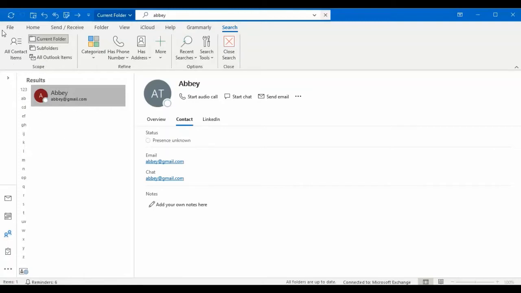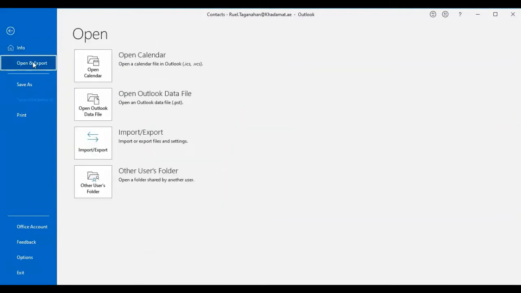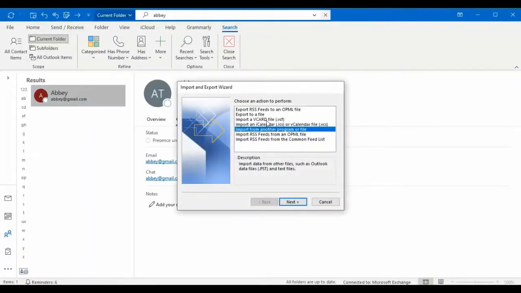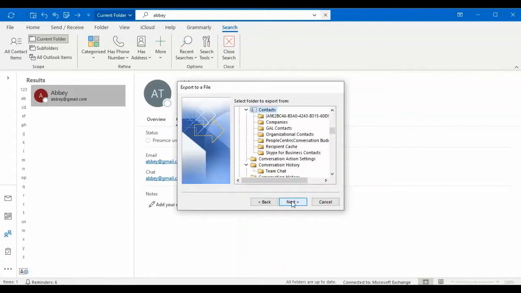So first we have to click File, and there is Open and Export, and there is Import/Export. We have to export the file first, as that is the first step. And we have to select the comma separated values, the CSV file. And what we have to select is the contacts. We have to export the contacts of this Outlook,